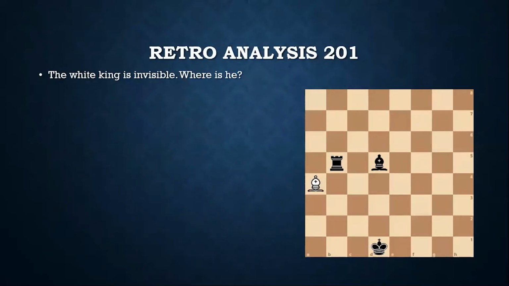And by the way, all these puzzles are taken from well-known sources. So maybe you have already seen this before, but at least for those who are new to this genre, I think you should spend a few minutes on this puzzle. So in this case, the white king is there on the board, obviously, because it's a real chess game, but we have hidden the position of the white king. So you have to decode where the white king could possibly be. Okay, so think for a couple of minutes.